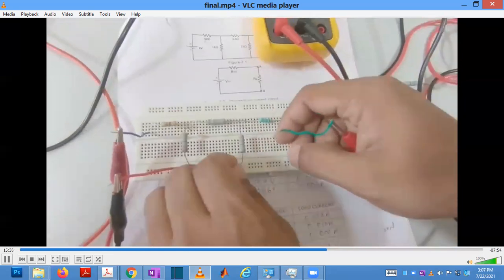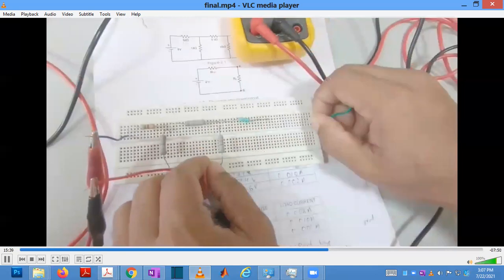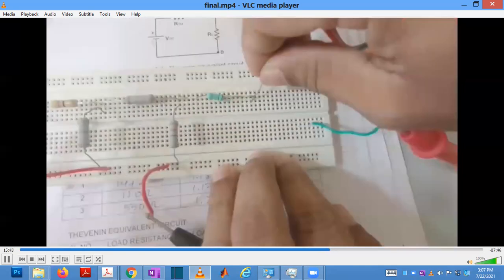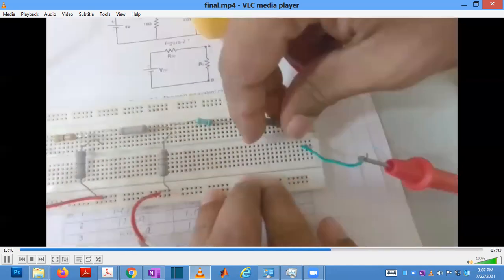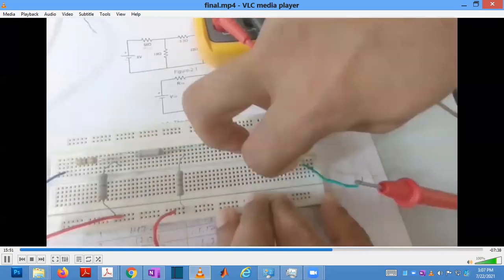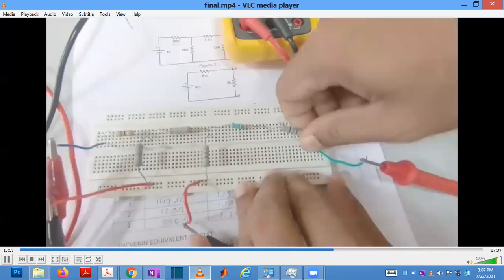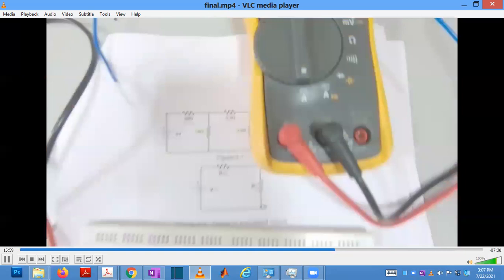Seriously, you connect it. One terminal to ground, another to somewhere here, and 1 ohm from there. You connect the first load, and across the load, parallel to that load, you have to connect a voltmeter, and in series you have to connect an ammeter. Then you will get the resistance value.